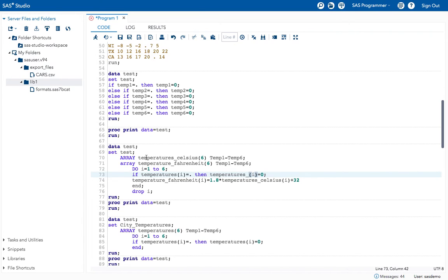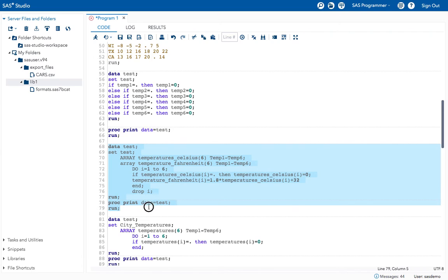So I have to give the same array name. At first I changed the array name, right? So mention the same array name here. This is where I want to apply my values, right? So now execute the program.